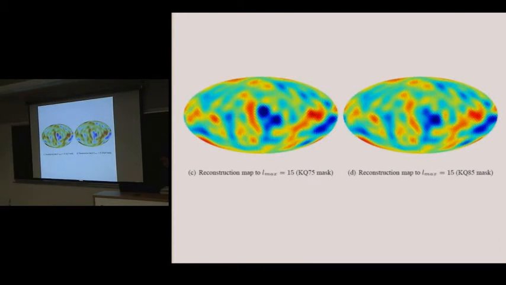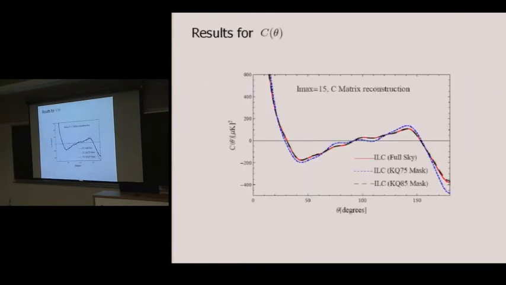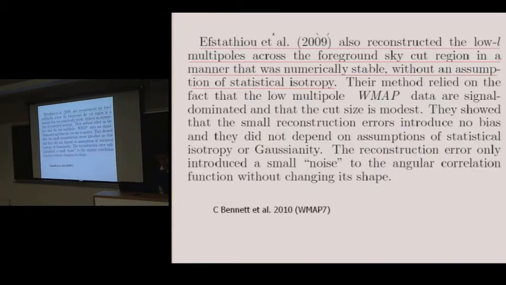And here, from this map, if you calculate the C of theta angular correlation function for the full sky map or for the cut-sky map after you do the reconstruction, you see they are all very well consistent with each other, and none of them is flat at 60 degrees and above. Okay, so